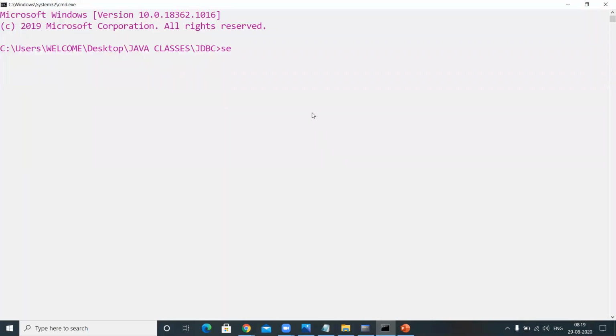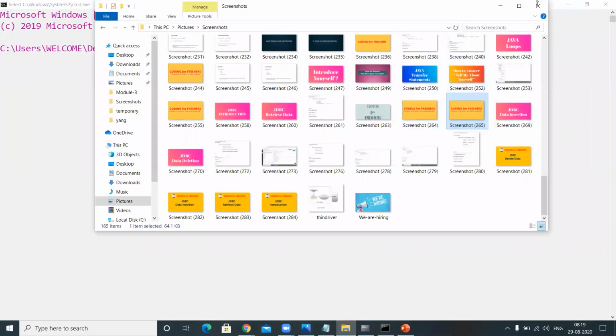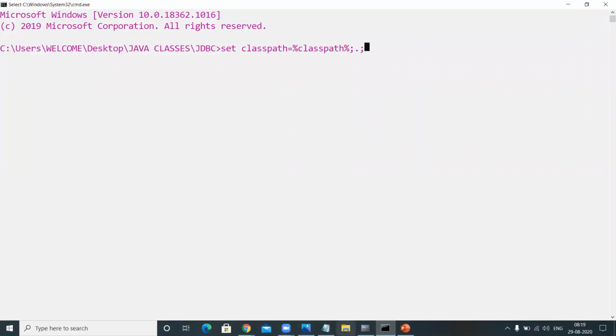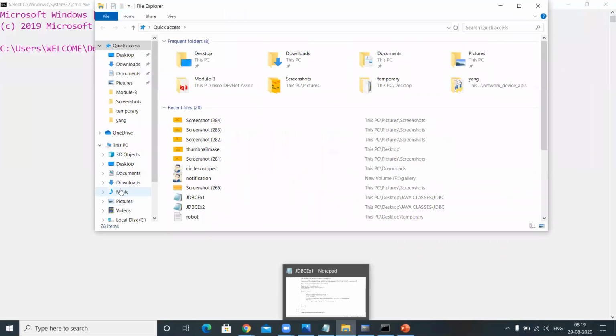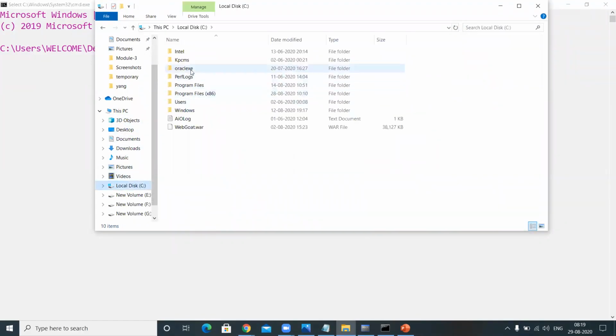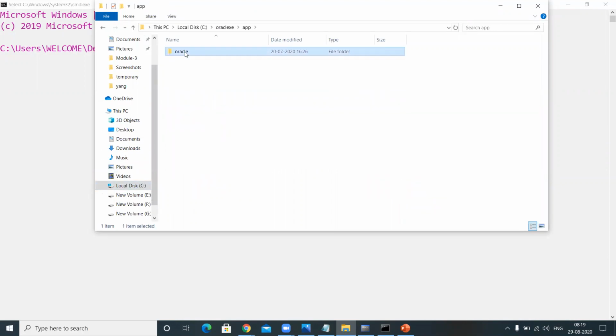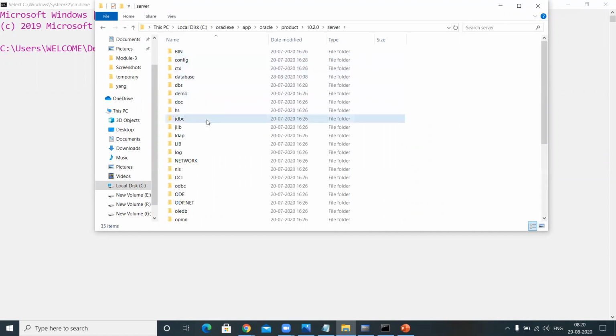Now, first I need to set the classpath to use the Oracle driver class. Set classpath equal to %classpath%;.; which represents that if there are any previous classpaths, keep them as they are and add this classpath too. The classpath is, let me show you here, local disk C, Oracle, app, Oracle, product, and server, here jdbc.